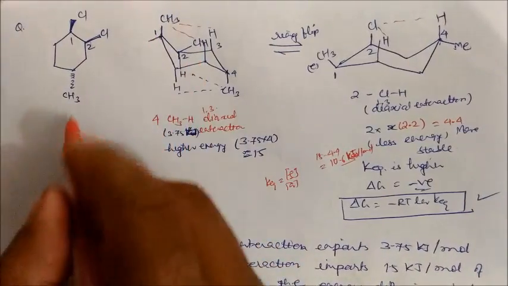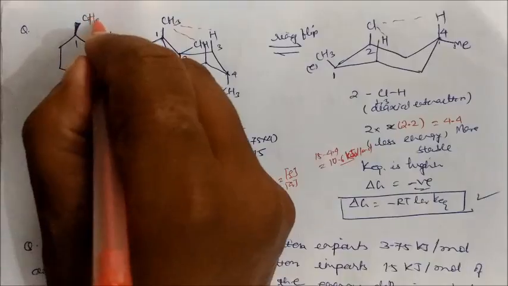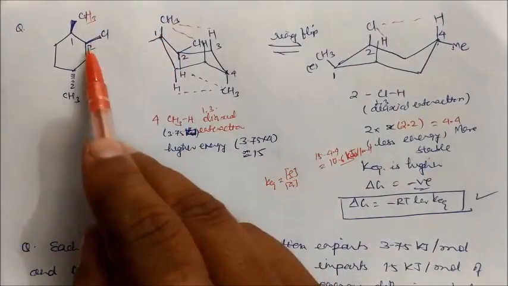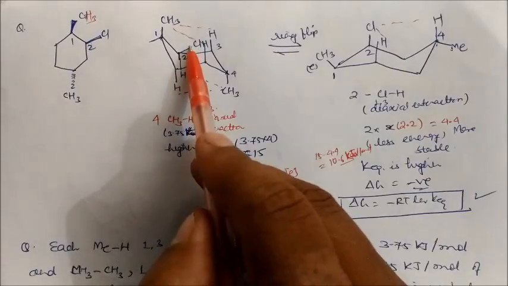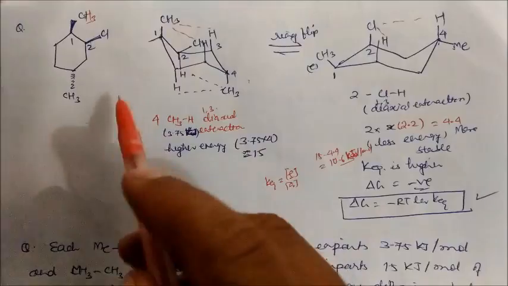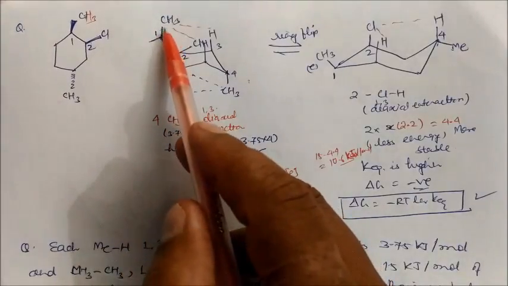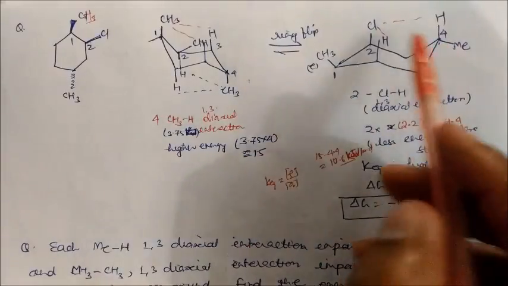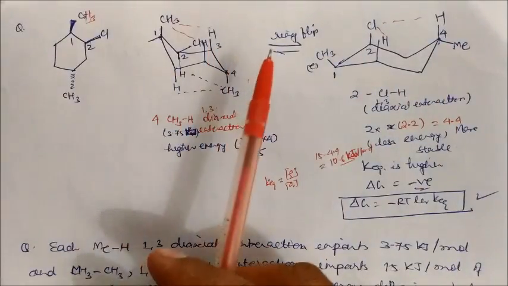So you write here, this is a CH3. I forgot to write CH3, and 1 Cl is again up, so in actual position, this is equatorial, and this methyl is down. And if you flip it, on flipping, this becomes equatorial, and this becomes axial. So this is over here. Now if you just note down this